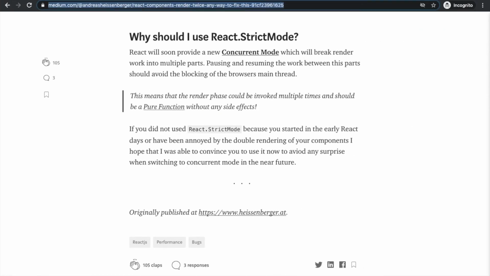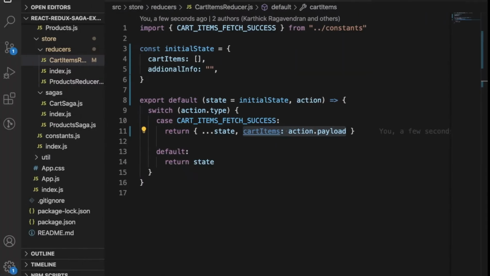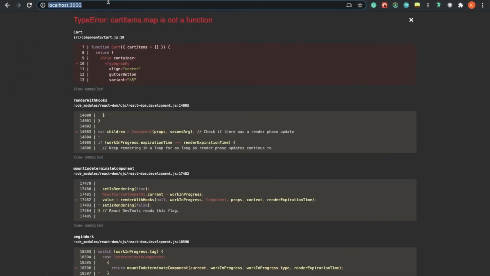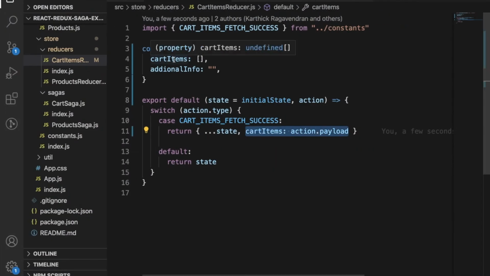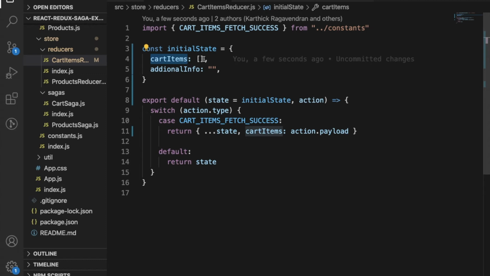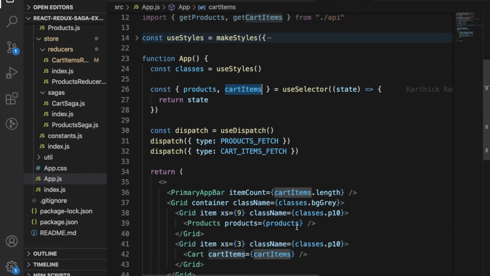This is going to break our app. Why should I strict mode? Cart maps dot cart items dot map is not a function. So this is the problem I wanted to fix. So it's always good to have the data inside an object so that additionally we can add anything. Initially it was just an array, right? So to fix this, I have to